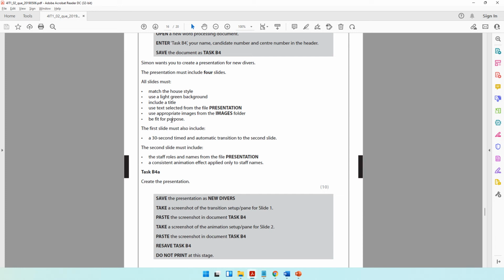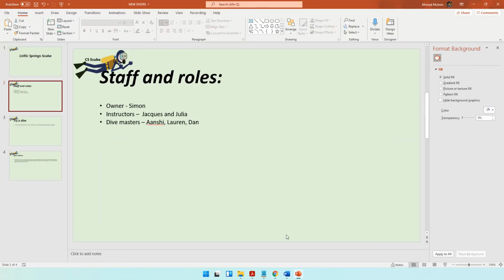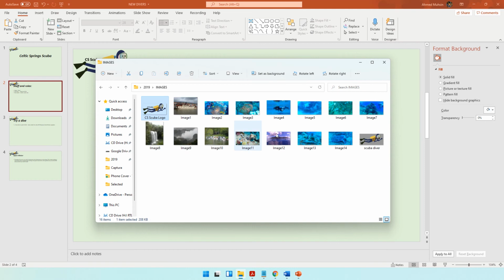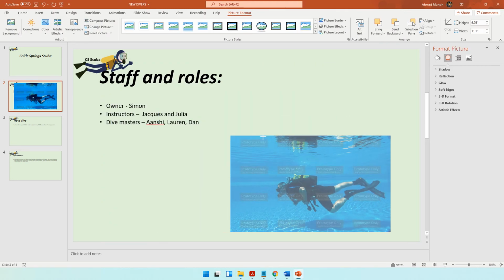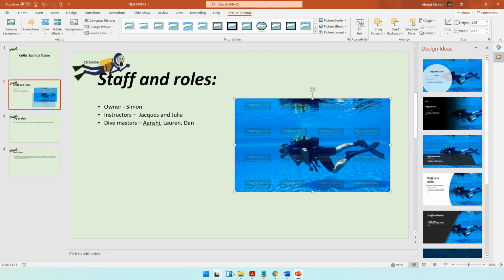Okay, then it says fit for purpose, use appropriate images. So let us use some suitable images as well. So for staff roles, what kind of an image can we use? Shall we use this again? So Control C, Control V, way too big, let's keep it like that. Then